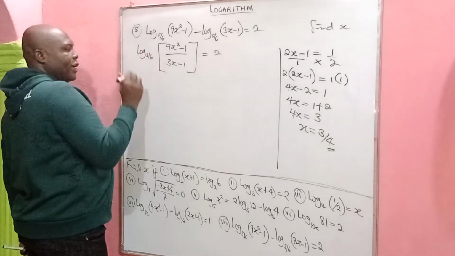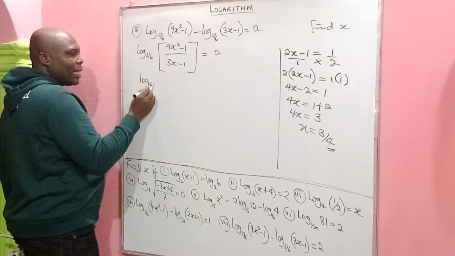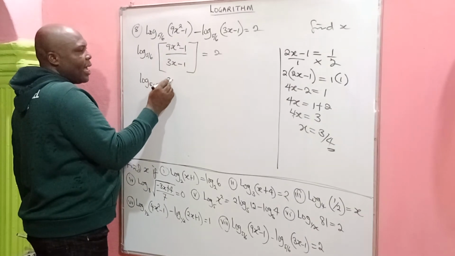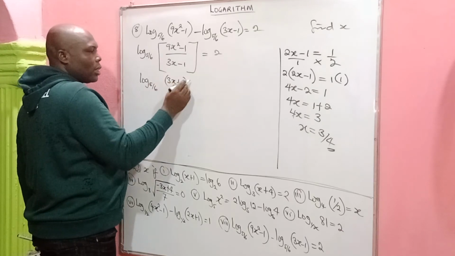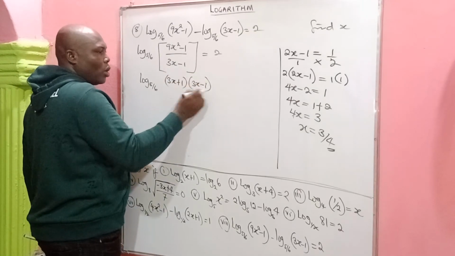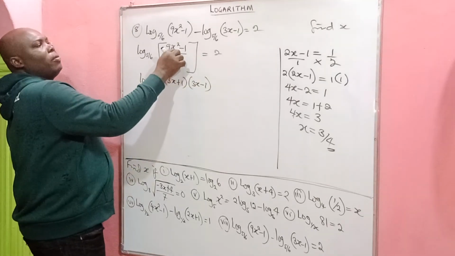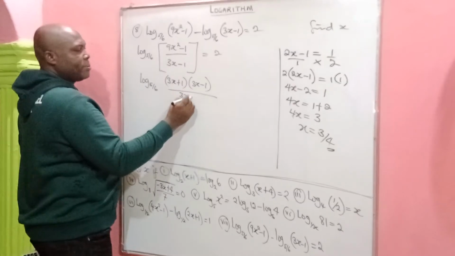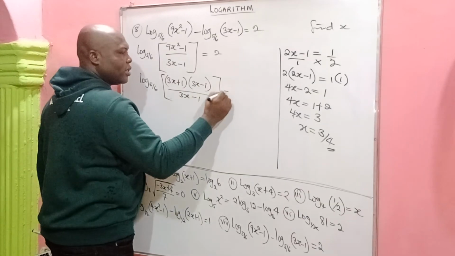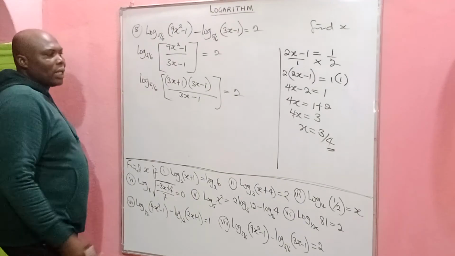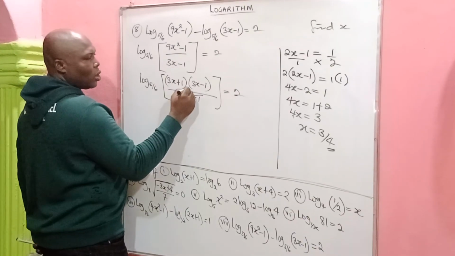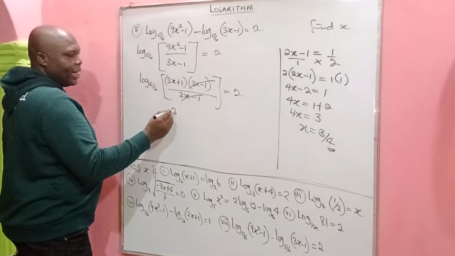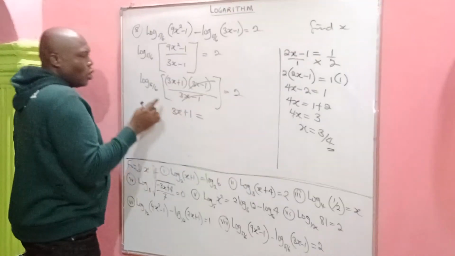And if you look at this, you will notice that that is the same thing as the difference of two squares. That's going to have 3x plus 1 times in 3x minus 1. If you multiply this out, it will give you back 9x squared minus 1. So all over 3x minus 1. So the whole of this is equal to 2. Take note of that. So at this point, 3x minus 1 will cancel 3x minus 1. So we are going to have this left, which is 3x plus 1 is equal to the log of